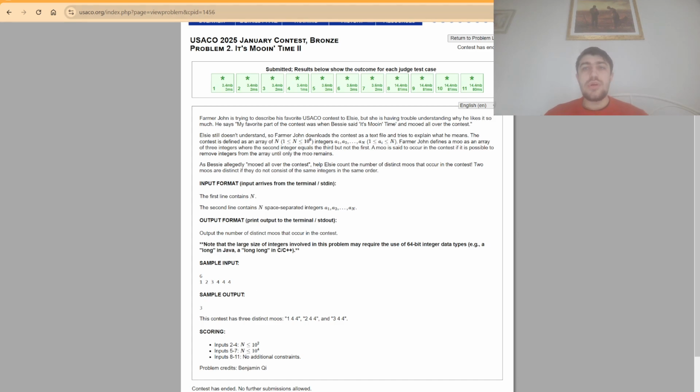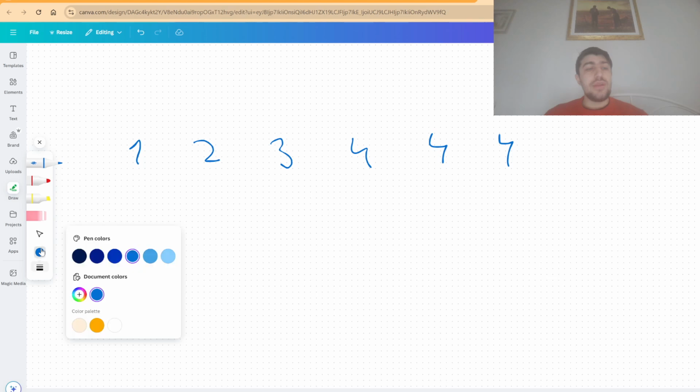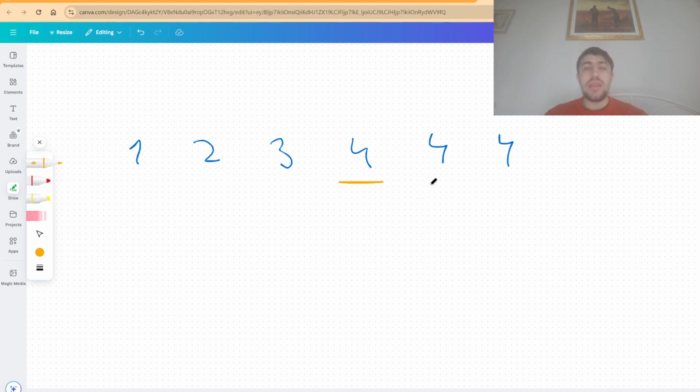So if we look at, let's say, this sample, even though it's not a very difficult sample, it is representative enough for what I'm going to show you throughout the solution. And if we were to not have the restriction about distinct Mooins, one idea which is very natural for these sorts of problems is to fix the character from the middle,